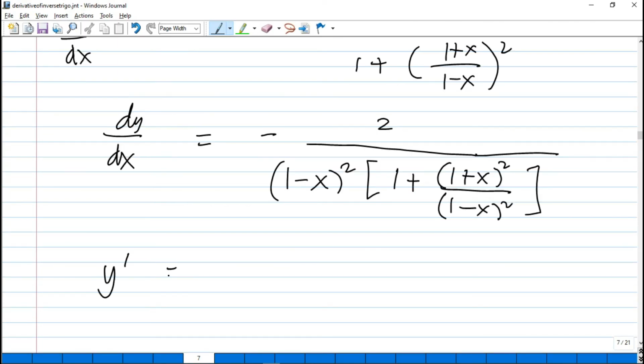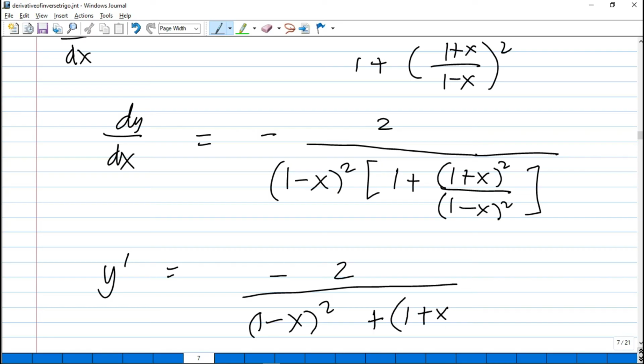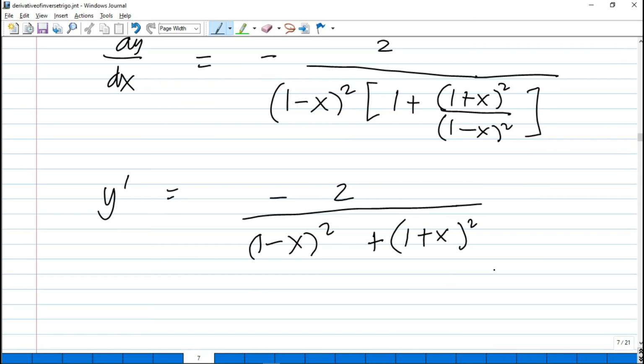So y prime equals negative 2 all over, multiply this: 1 minus x quantity squared times 1, then plus, this expression will cancel here. So these two cancel, then it leaves us 1 plus x quantity squared. So that's how you simplify that equation. So y prime equals negative 2 all over